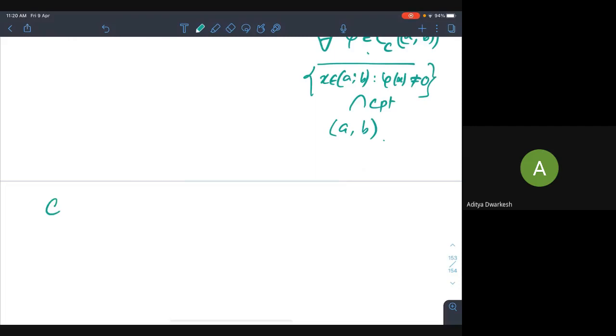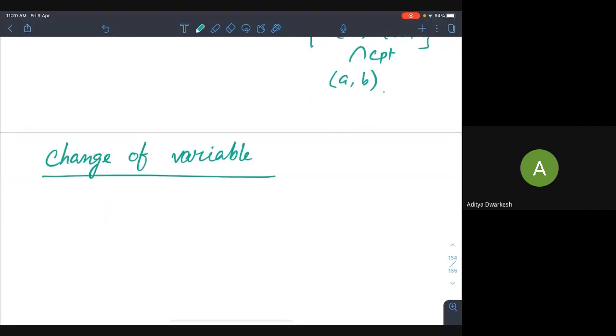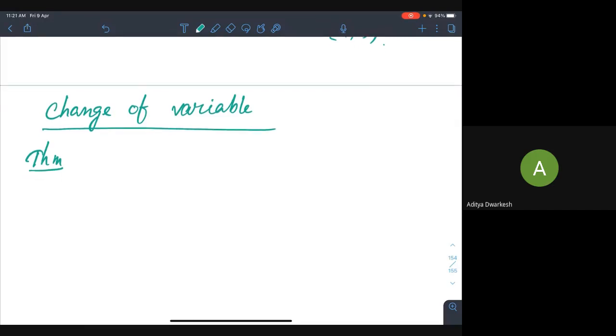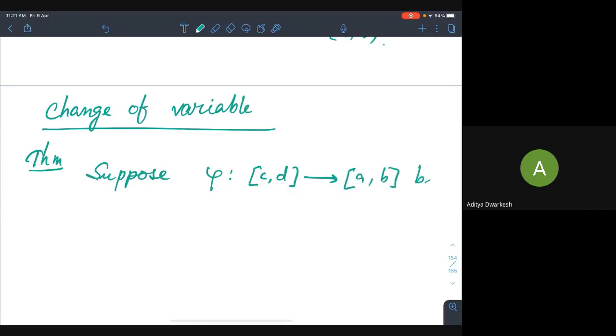Okay. Change of variable. Here I'll just state it and leave the proof as an exercise, because we have done several things using partitions. Partitions will be used in the proof. So suppose phi from [c,d] to [a,b] is a continuous, strictly increasing function such that